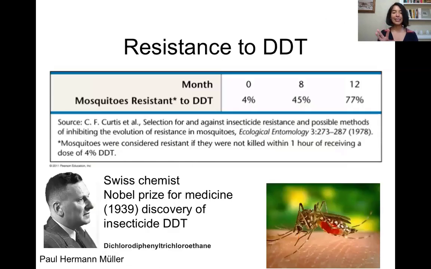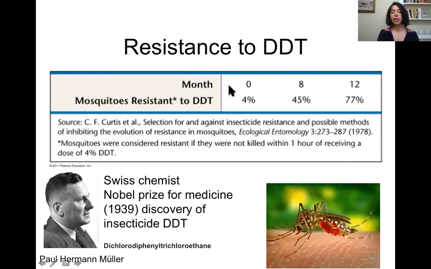This is the last example of microevolution, evolution by natural selection, and it's the resistance to DDT, the dichlorodiphenyl trichloroethane. And this was a chemical that Paul Hermann Müller discovered and used as an insecticide, and he won the Nobel Prize for his discovery in 1939. However, later studies found that mosquitoes actually gain resistance to DDT really fast, and we can see in this table